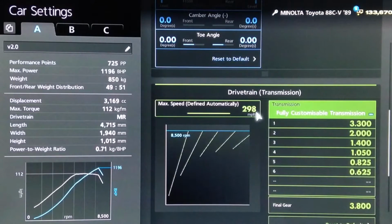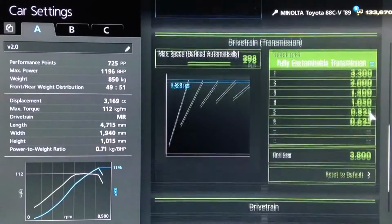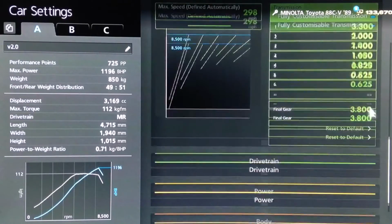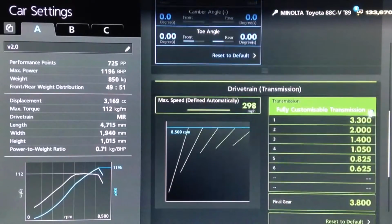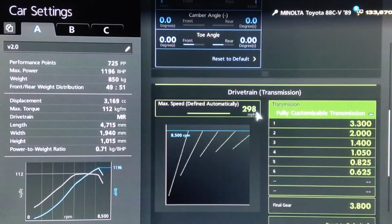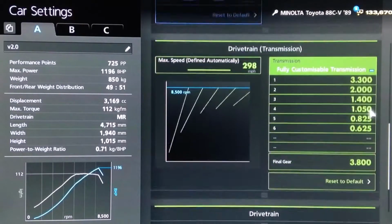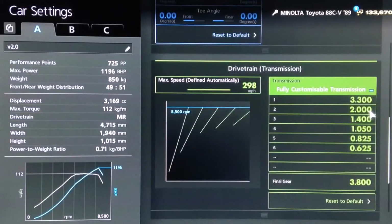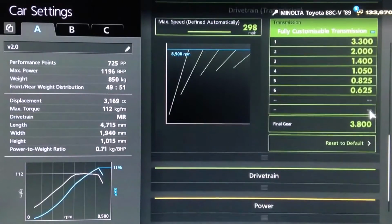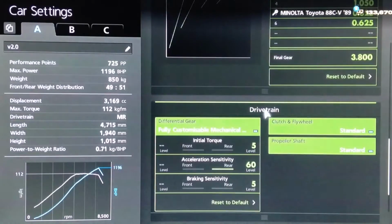Now for the gearbox, I believe I did the gearbox flip at 4,000 on this one. So basically what that means is you want to take your auto setting up to 298, then bring your final drive to, I believe it was 4, it may have been 4.5, but I believe it was 4. Then come back up to your auto setting, click it down and up a peg, and then that will allow you to reach these individual gears of 3.3, 2, 1.4, 1050, 825 and 625